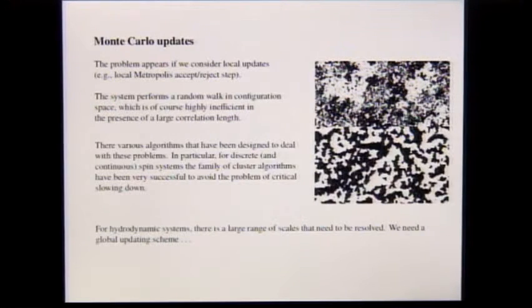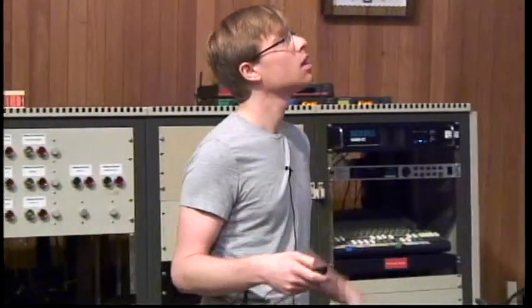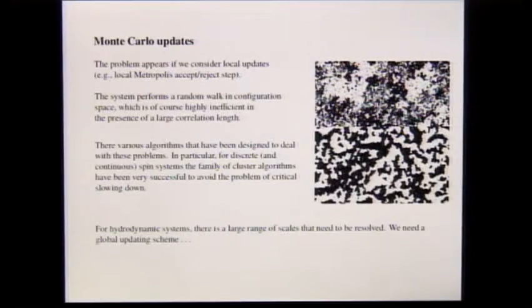Now, Monte Carlo in equilibrium systems is typically carried through by looking at local updates of spins, if you think about the Ising model, for instance, which are then accepted or rejected via the Metropolis step. However, such an update procedure will carry through a random walk in configuration space, and of course that might be good if you're far away from a critical point, but as soon as you have long correlations in your system, your update will get increasingly bad.